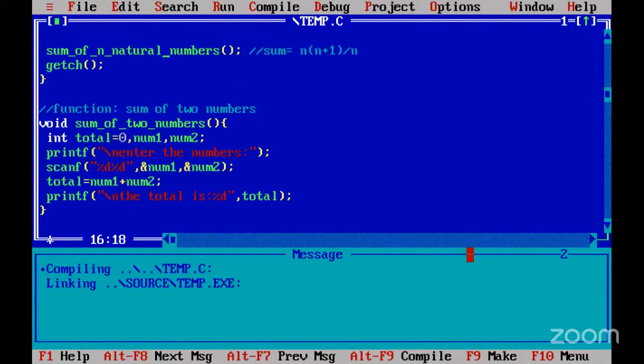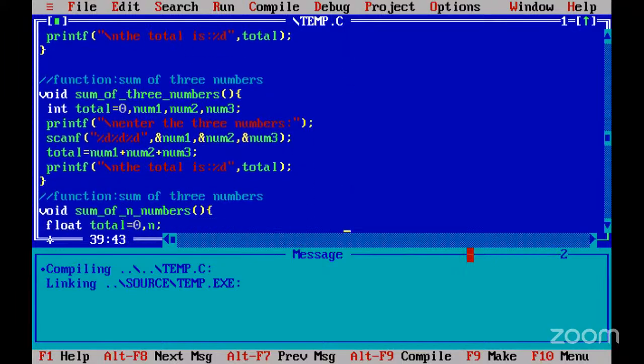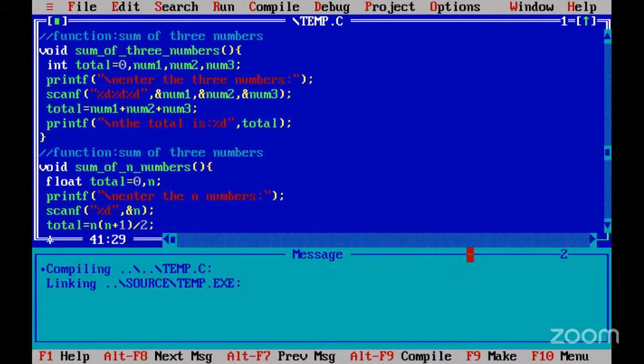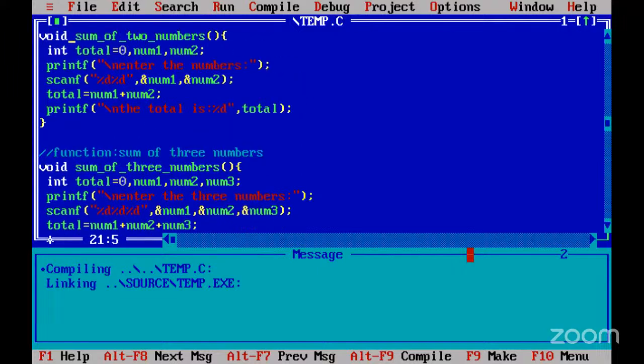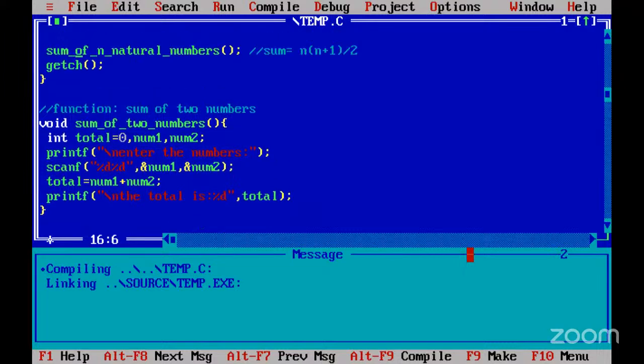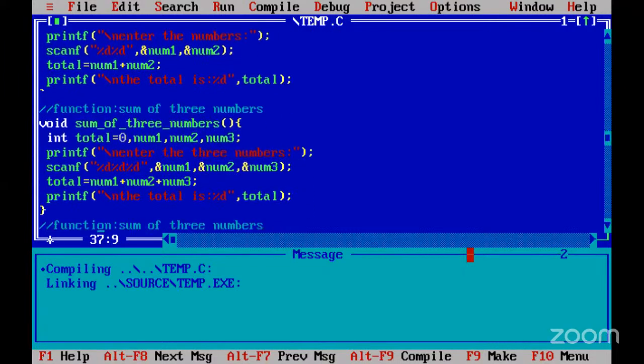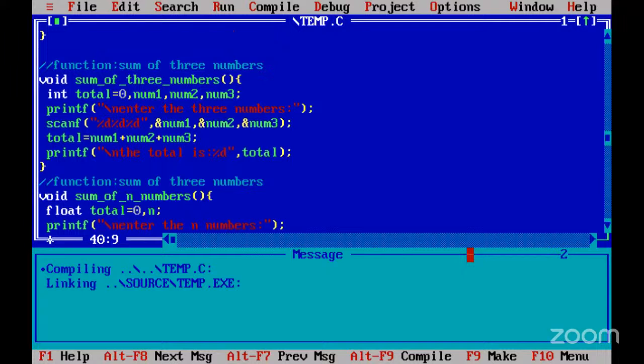Okay, sum of n: n of n plus 1 by 2, something like this. This is the formula. I have called this void sum of n numbers. So n numbers here, what I have given, n natural numbers. So I will have to give the same name, because we write once, okay, but maintenance will be forever in